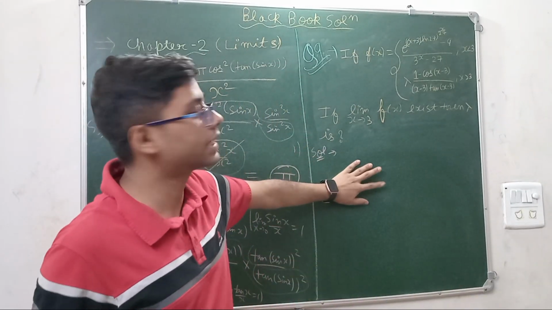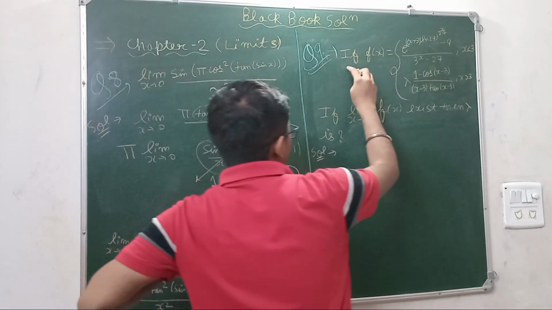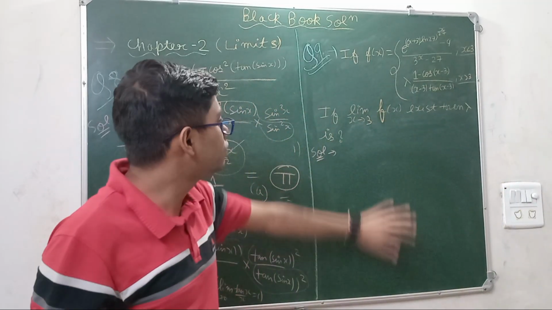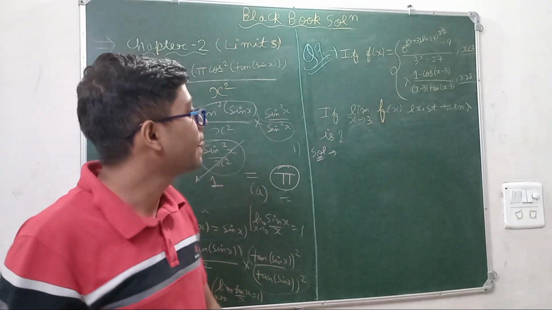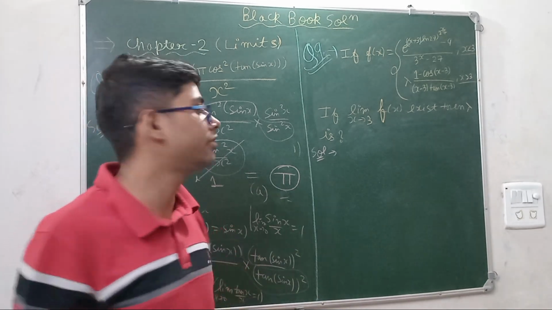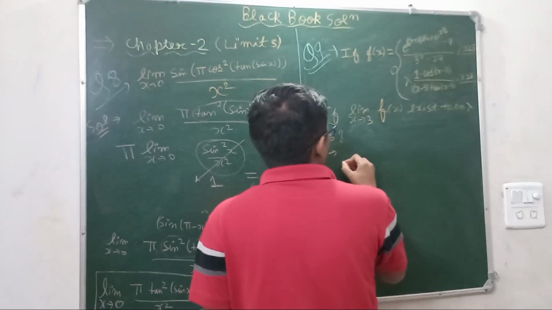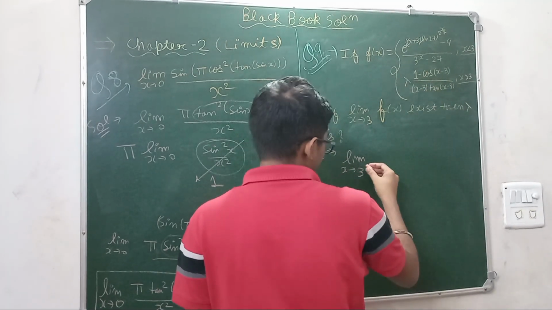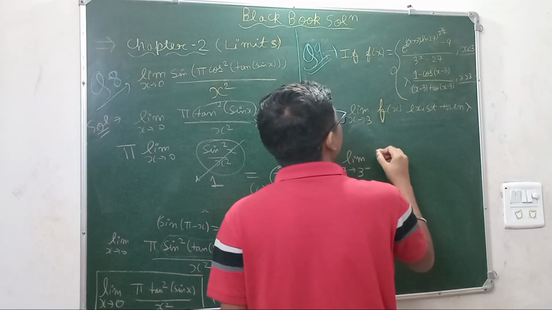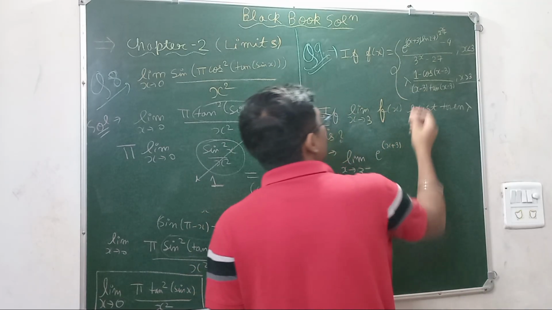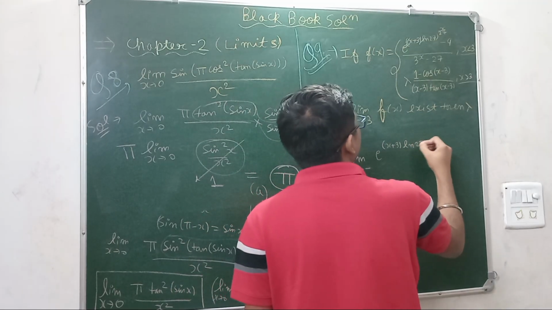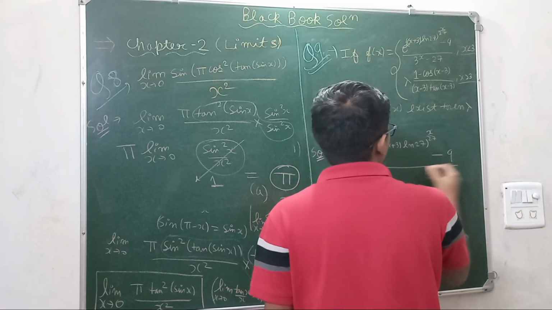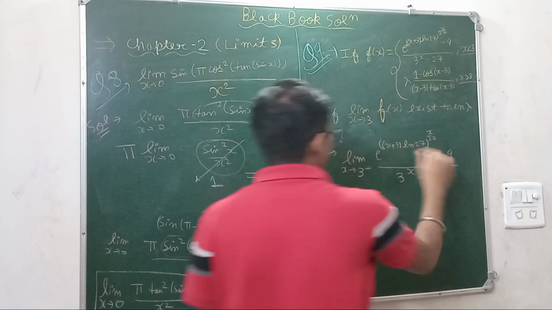This is a very relevant question that can be asked in JEE Mains. It is saying that the function is defined for x less than 3 and x greater than 3, and we need to find the value of lambda for which the limit exists. If the limit exists, then we know that the left hand limit and right hand limit are equal. So here also we will do this. Limit x tends to 3, for values smaller than 3, this function is there, e to the power x plus 3. First of all, we solve this limit. Then we'll solve the other limit, to the whole power x by 27 minus 9 upon 3 to the power x minus 27. We have to evaluate this limit.